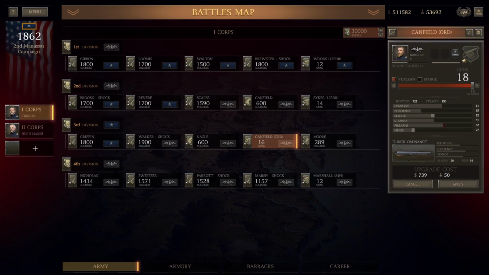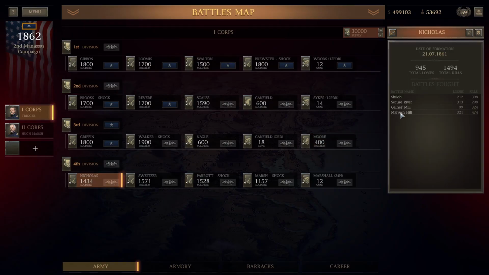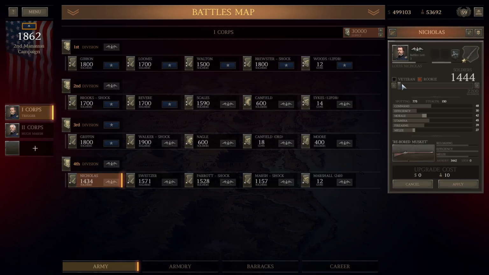I could put him up to 18 guns, and it doesn't really hurt him that much. So I think I will do that. Yes, sir. More men, sir! Will put at 400 men. Nicholas took some significant losses, but that is to be expected when you are...